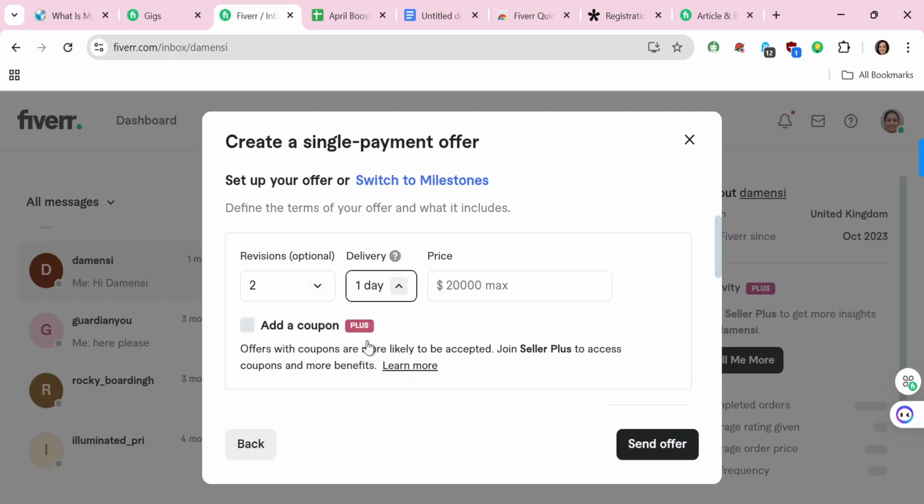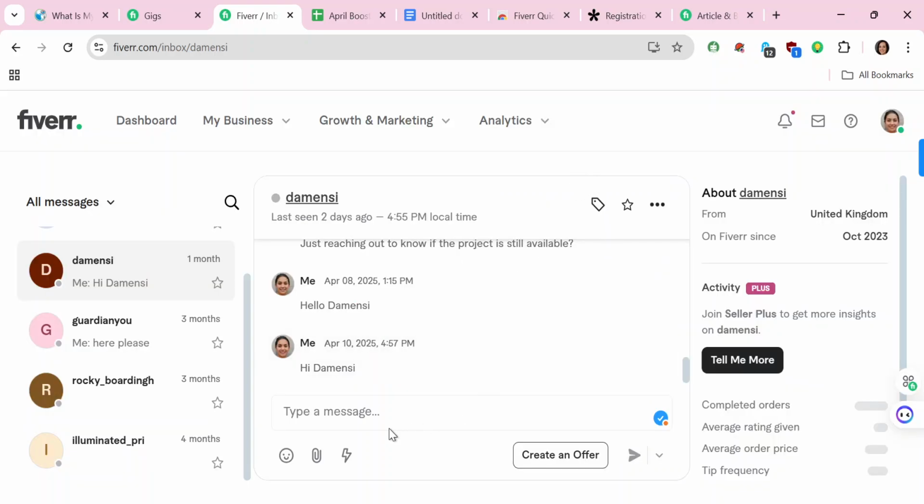Delivery, you can set the number of days you want, 3 days, 10 days. Let me just choose 7 days, and then you have a 20,000 maximum. So let's just say, I'm just going to put 500, and then once I'm done, I can click on send offer, and then the offer would appear on this